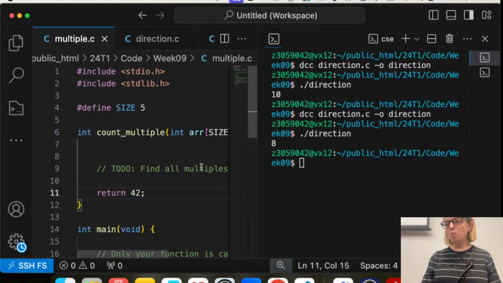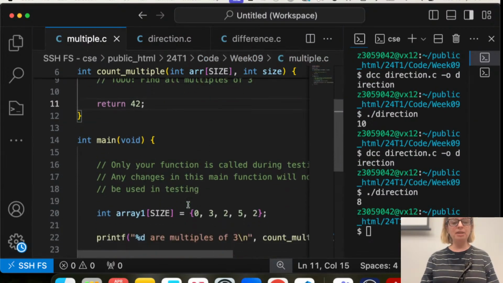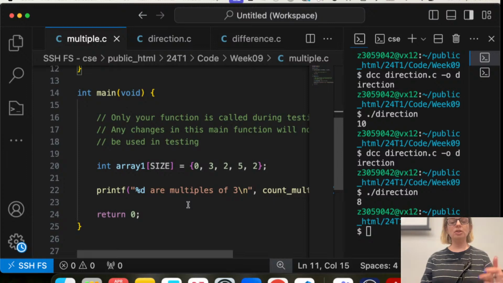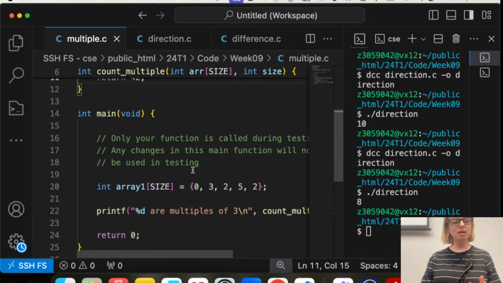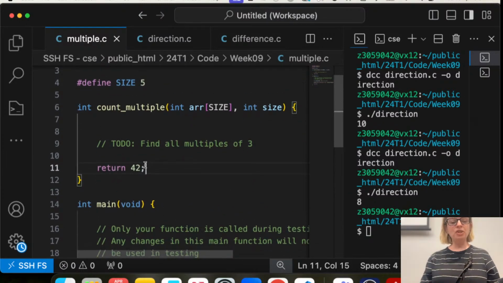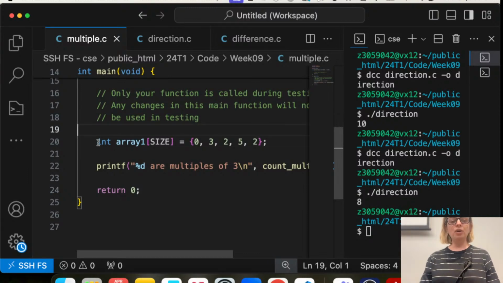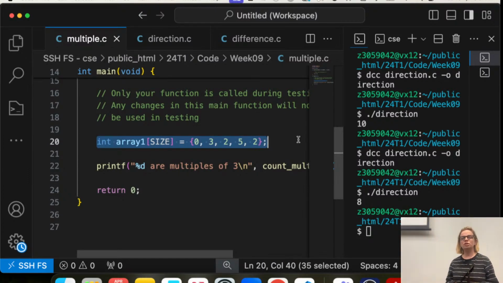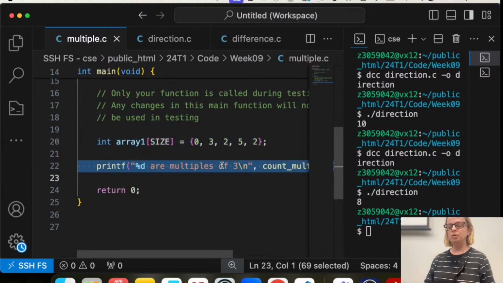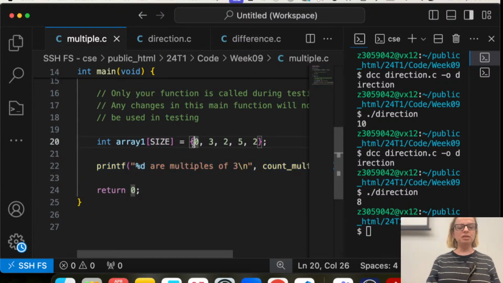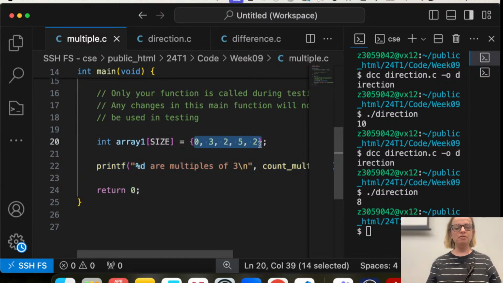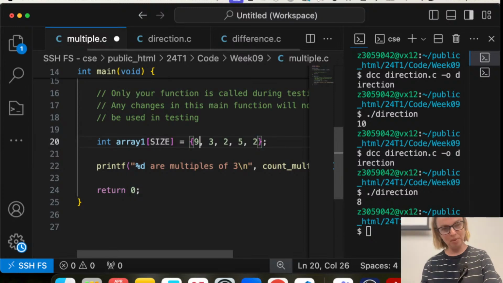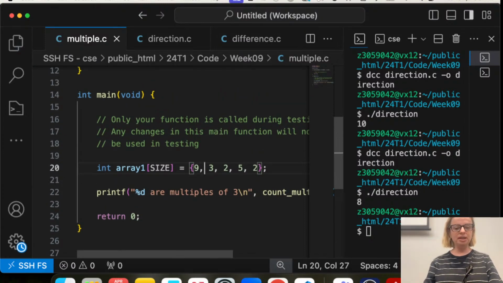Okay, so a different one that is a question 2 might not have a struct and might instead, I know, exciting. But similarly, it's got a function that you need to modify, and then it's got a test array that you can use to test your own function inside the main, and it will also have the printf statement that you don't need to change, so you'll be fine. But this is kind of the place where you would change something if you needed to. You can change any number in the array to then test it out.